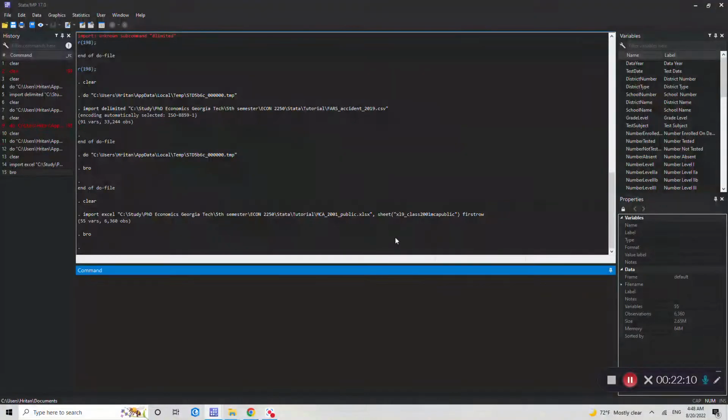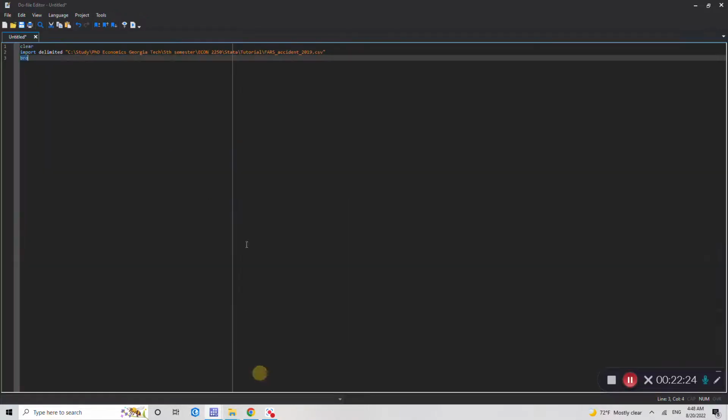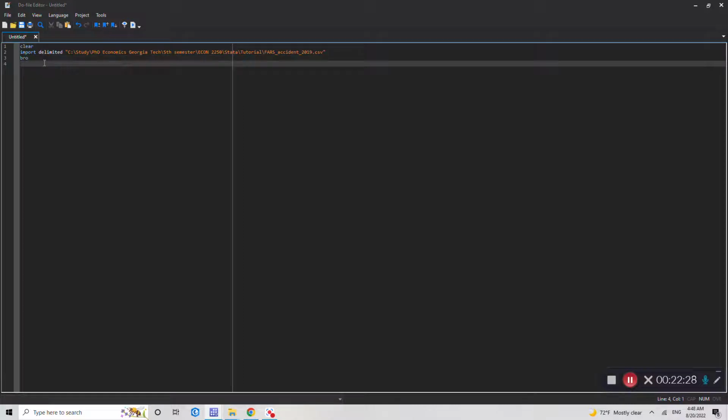Okay, so this is the GUI way, graphical user interface way, but we want to do it our way, the command way. It will be a little lengthy, but we can do it. So clear, go back to our do file. Write down import again. This time you will do Excel,